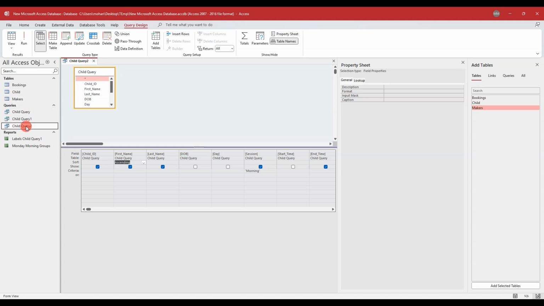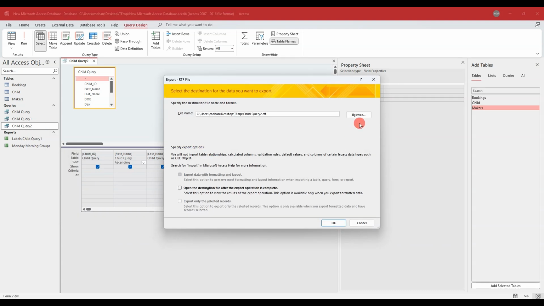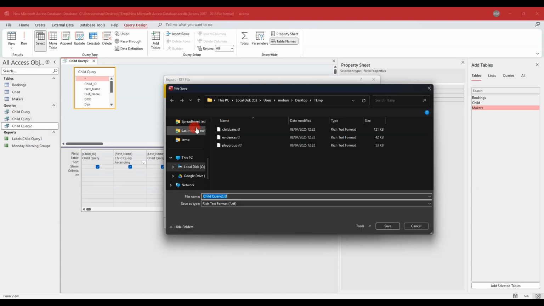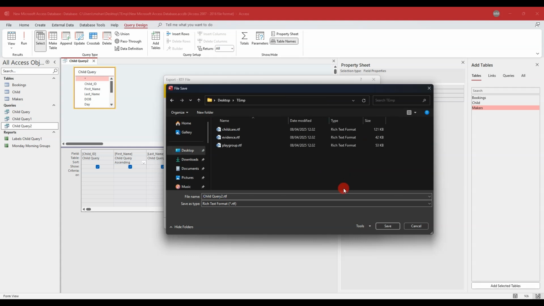Yes. I can just right click on the name here, select export, and I have different ways. If I'd like to export it to use it as a chart later, I can export it as Excel. If I'd like to export it just like a text file, I can export it as a text file. But here the question says export it as a Word RTF file. So I'll click this option here, and I'll make sure that I browse for the folder where I would like to store it, which will be here, and I will name it